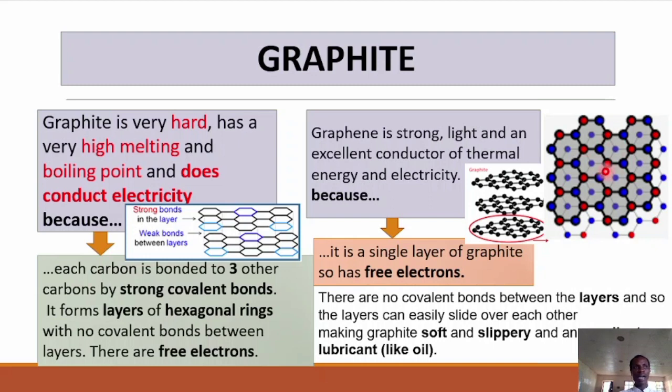And don't forget that a carbon atom has 4 electrons in its shell. So for one carbon atom to be bonded to 3 others, that means in graphite, carbon only uses 3 out of its 4 electrons to form bonds. 1 electron is free, isn't it? Now, because of that bonding between 3 other carbon atoms, that's why graphite is hard, but it's not as hard as diamond. That is why graphite will have a high melting point and boiling point, because it has